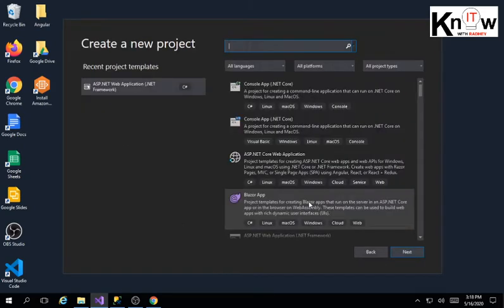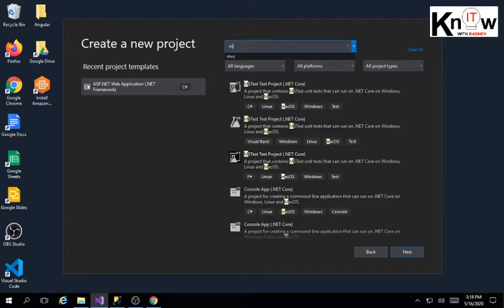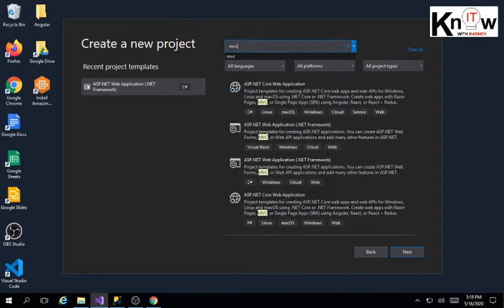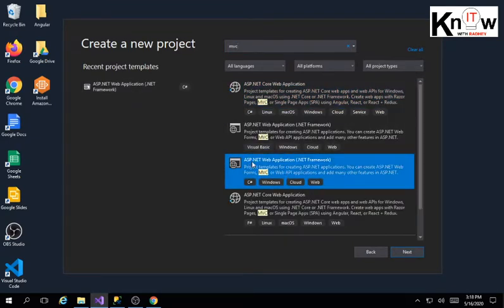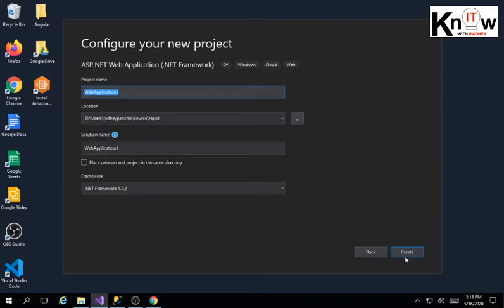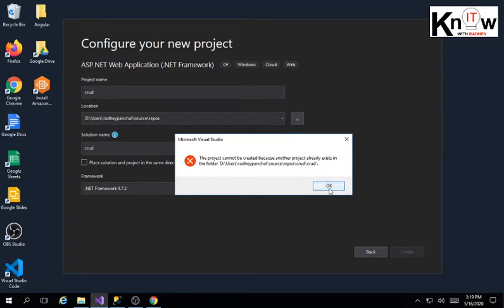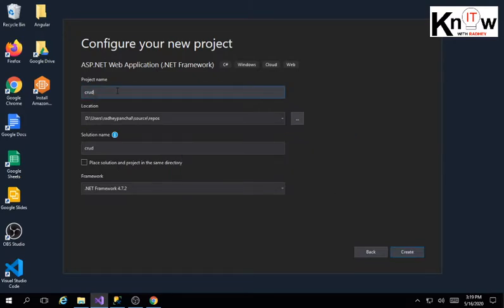Hello guys, today we are going to make a CRUD application using ASP.NET MVC in C#. So we'll open Visual Studio 2019 Community Edition and search for MVC. This will be the third option, called ASP.NET Web Application in C#. Click create, next. You can call it CRUD, and create. I think CRUD exists, so we'll say